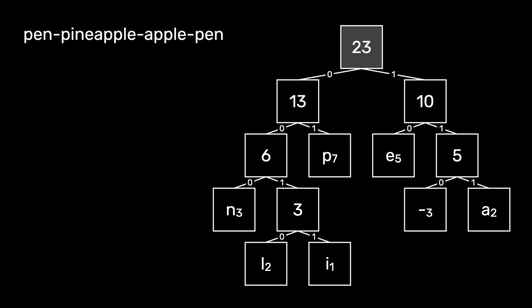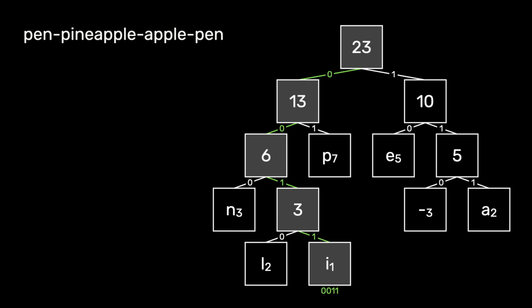Want to find out the code for I? Start with the root node and traverse to I. Keep noting the bits while traversing. After traversal, we got the code for I, that is 0011. Following the same procedure for all the nodes we get,